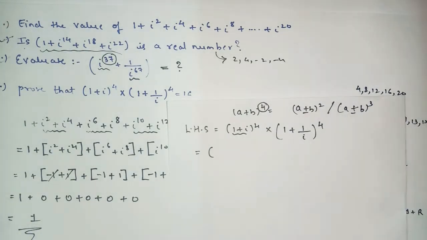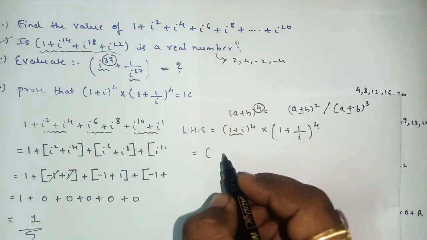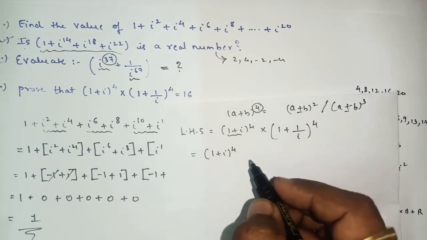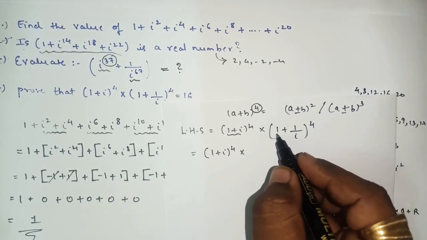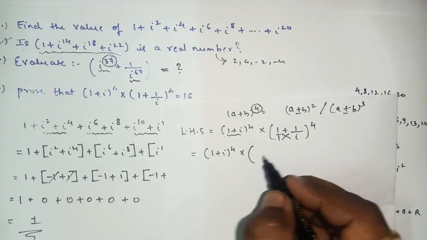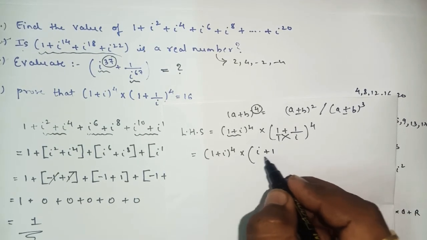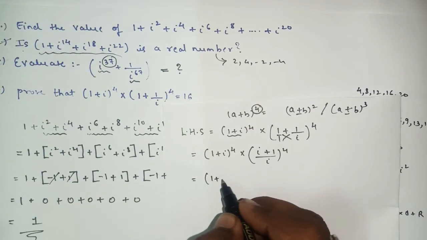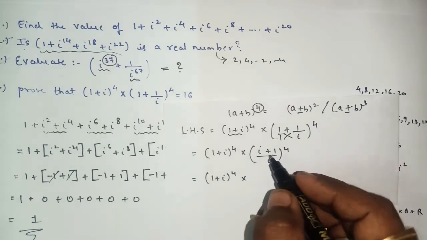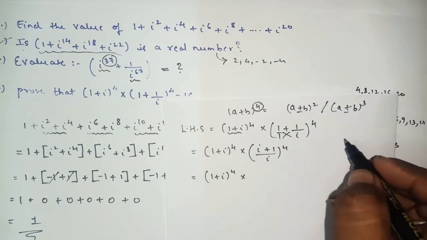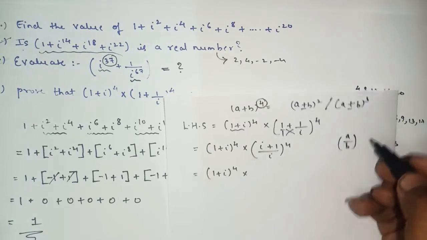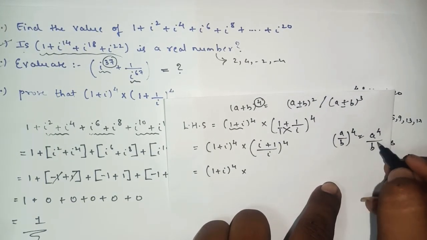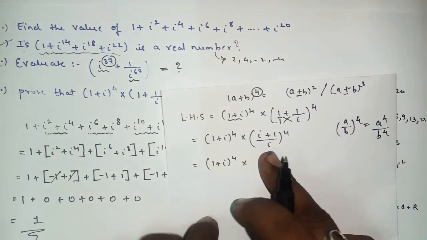So we'll see one easiest method here. For a while we'll keep this (1 plus i) the whole raised to 4 as it is. Here nothing is there, so we can cross it. So here you will get (i plus 1 upon i) the whole raised to 4. We'll keep this part as it is. So, as this part looks like (a upon b) the whole raised to 4, we can write this as a raised to 4 upon b raised to 4, yes or no? So same thing here we'll do.